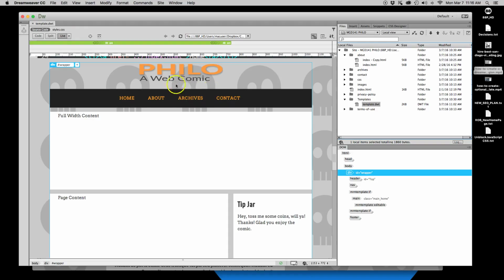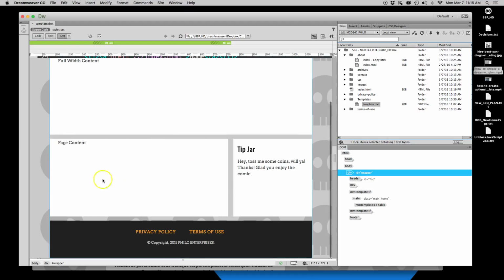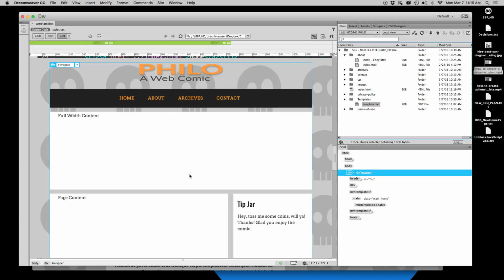You get the header area, and then it actually shows both optional regions. So here was the full width optional region that we had, and then here's the one where we have main and aside. So when you see that in the template, you're going to see both of them. Our next step, and this is the part that gets a little tricky, is to apply the template to all